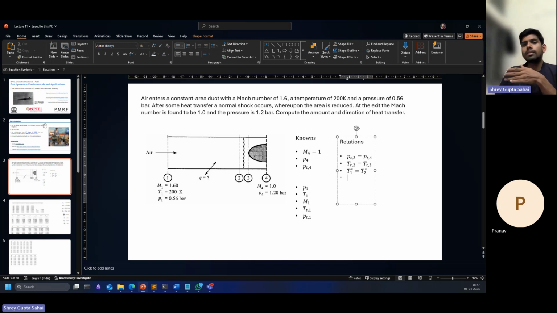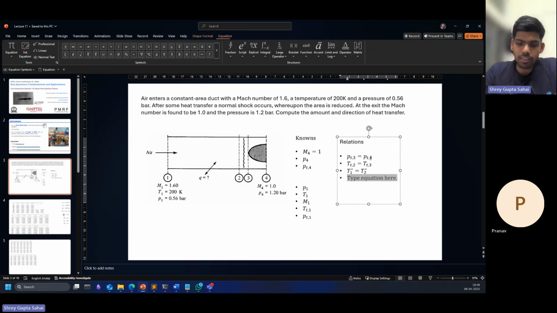3 to 4 are related by the essence of this question, which is that a normal shock does not disturb the sonic temperatures. That is the essence of solving this question. So this is the one relation that we will essentially need at some point, no matter how we solve this question. And so this is essentially saying that